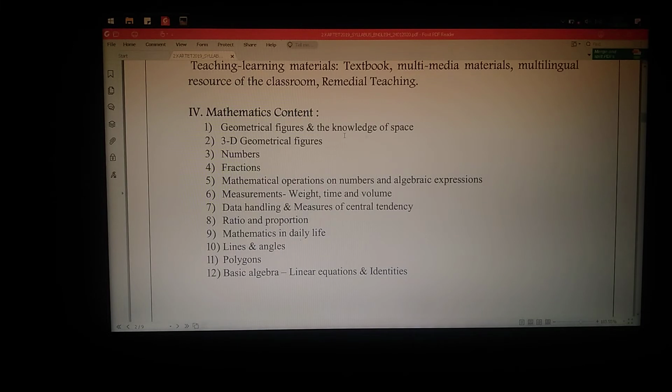Next is mathematical content: geometrical figures, knowledge of space, 3D geometrical figures, number, fractions, operations and algebraic expressions, measurement, weight, time and volume, and data handling. These are the chapters in which questions are given to solve. Next is